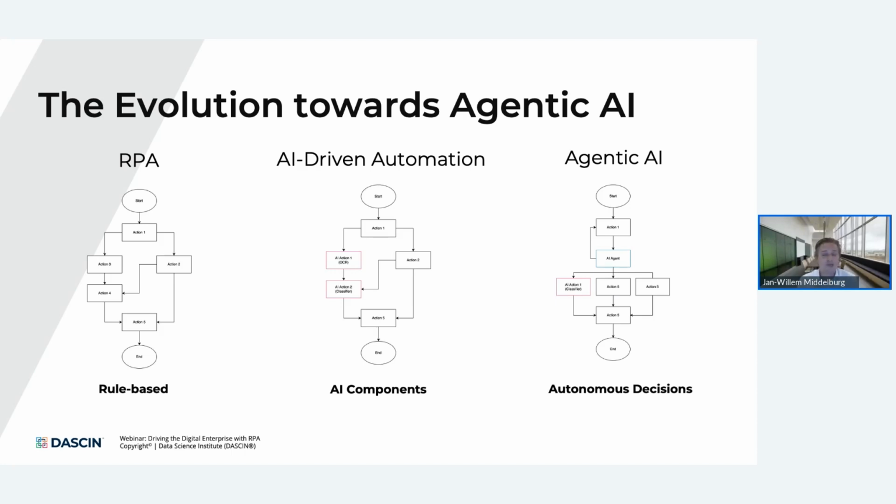And that's why we like to refer to this as autonomous decision-making, because just as people take decisions typically based on their context and based on their experience at a specific moment in time, the agent does the exact same thing. So just to summarize the slide a little bit, because this is, I would say, very critical to understand. The first and second situations, even though they are using some AI components, are deterministic, whereas with agentic automation, the outcome is not necessarily deterministic in nature. And that's a very critical thing to take into account.